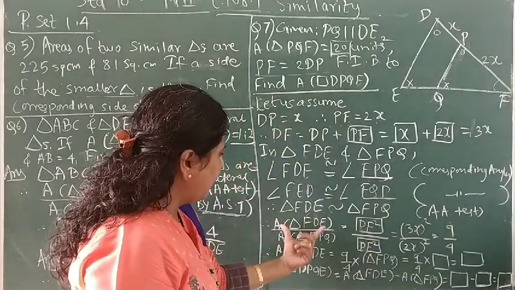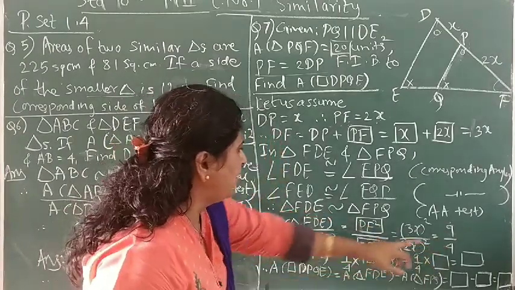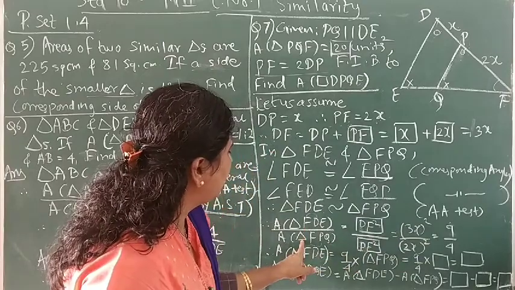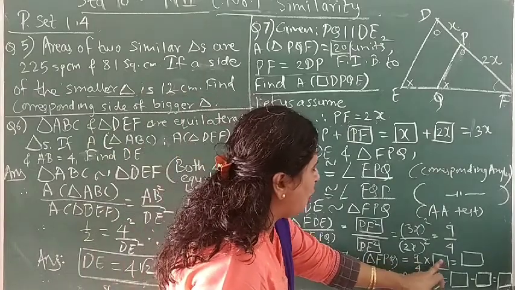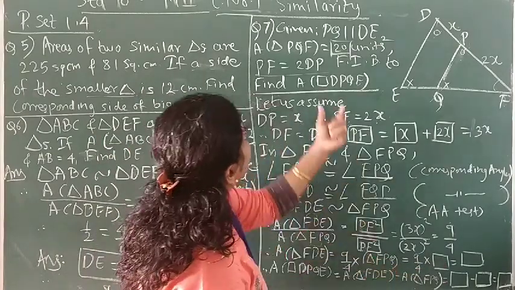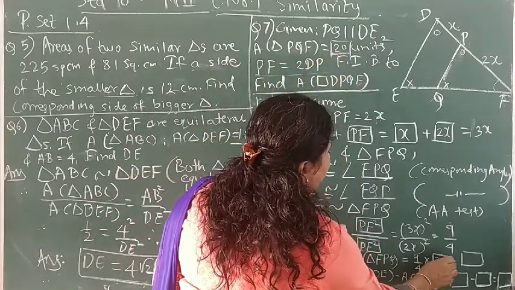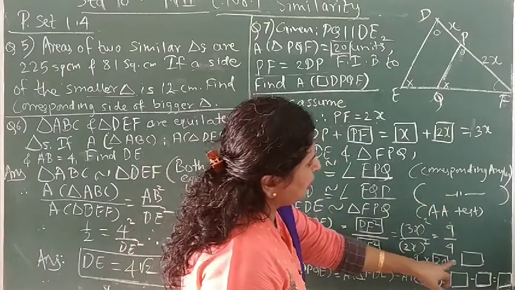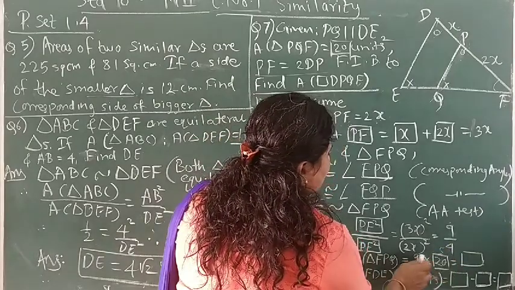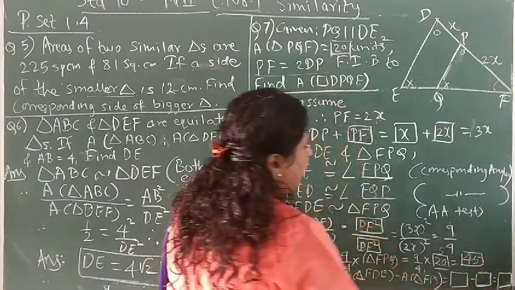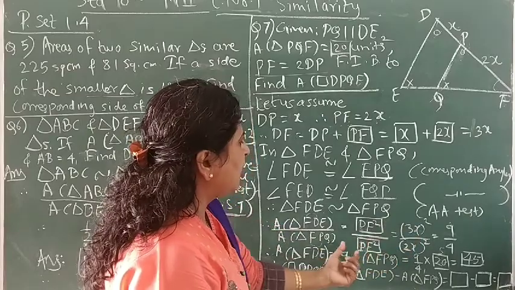Now therefore, area of triangle FDE is equal to 9 upon 4 multiplied by area of triangle FPQ, which is given to us. Okay. Now this is equal to 9 upon 4 into box. So what is the value of FPQ? This is given to us, it is 20. So 9 upon 4 into 20, you have to put only 20 here. So what is the product of this? 4 ones are 4, 4 fives are 20. Correct? And here 1s are, and 5s are. So what is 9 fives? It is going to be 45. So what is the area of this bigger triangle we got? FDE, that is 45. And the smaller we have 20.